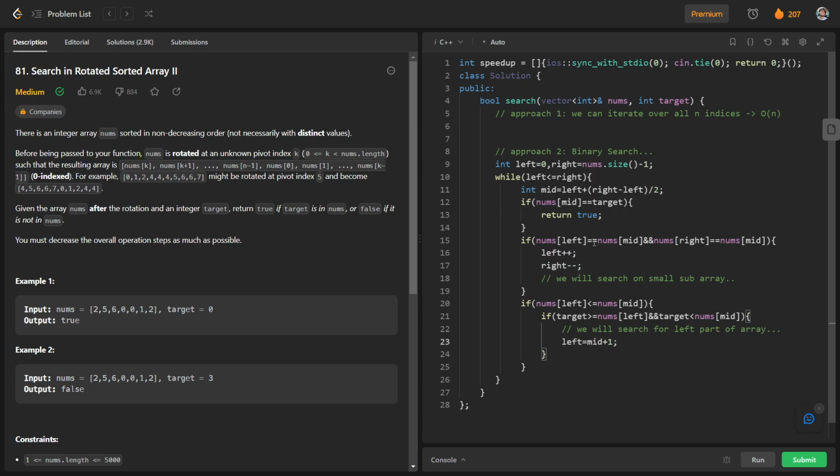I will attach the link of that video, search in rotated sorted array, and in that video I have explained why I am using these cases here. I have explained it in a good way in that video. You can see that video, I will attach it in the description. And as of now I am just writing those cases. And all other cases we will